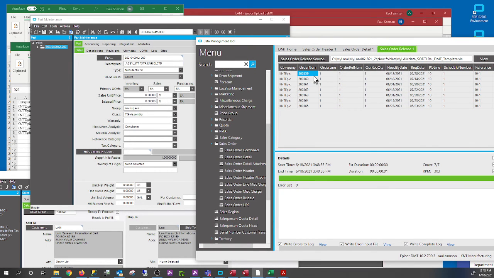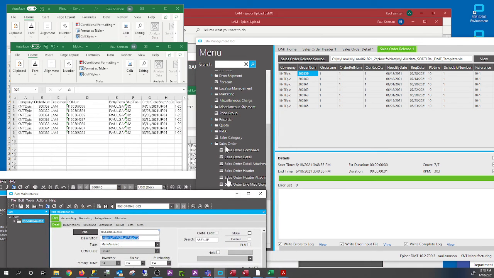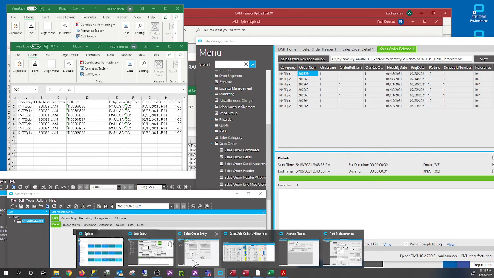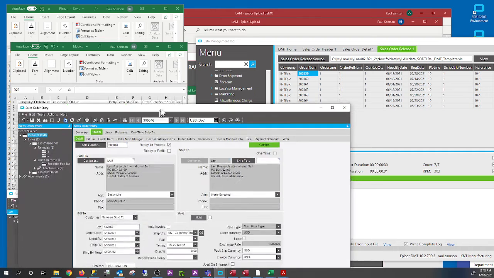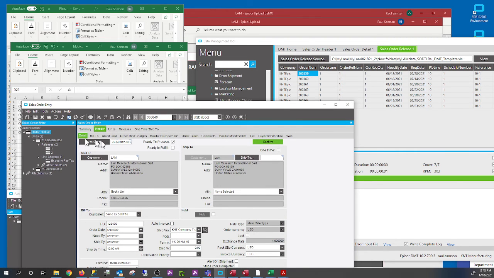What we're going to do is copy this sales order right here and go back to the Epicor sales order, and click it here and find that.